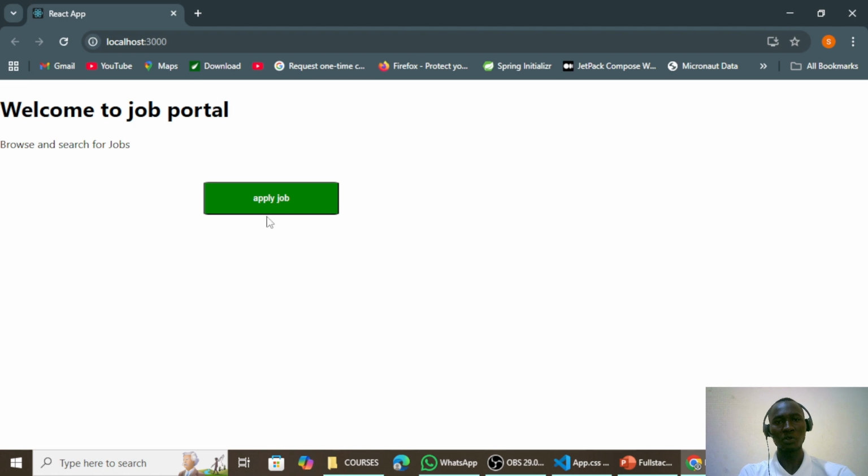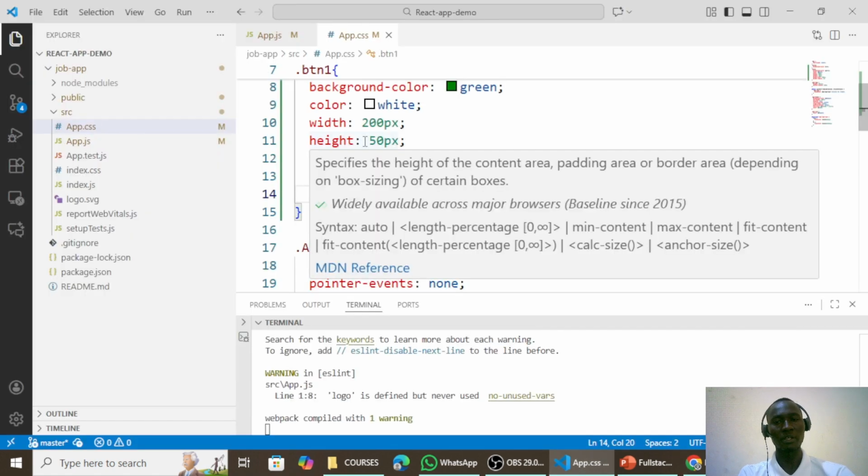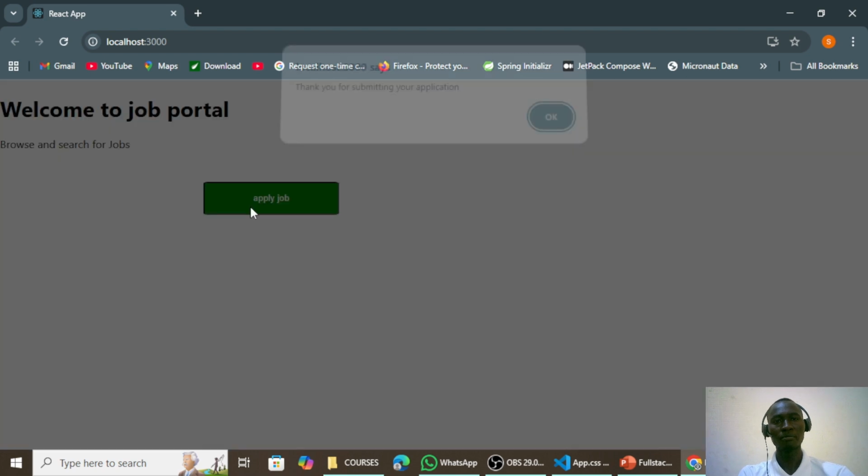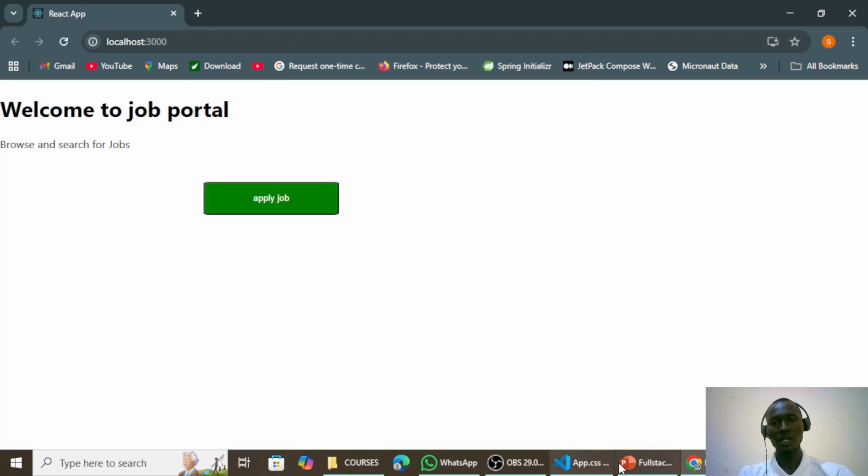You can even add your own styles just by playing with CSS styles right within here. So when you click on the button still, the event handler will be called and the action will be displayed. So that's all about this concept, how to add a simple React event